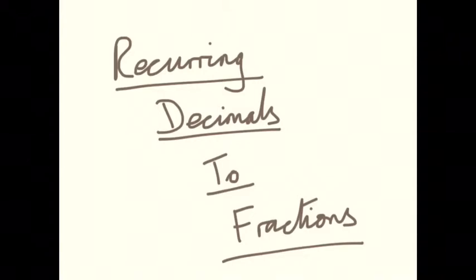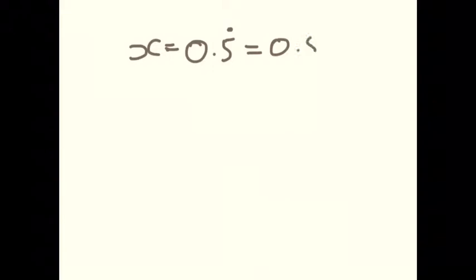In this video we're going to look at converting recurring decimals into fractions. We'll start with 0.5 recurring. We're going to call this number x, and we're going to think about it as being 0.5555, etc. So in order to work out what this is as a fraction, instead we're going to look at